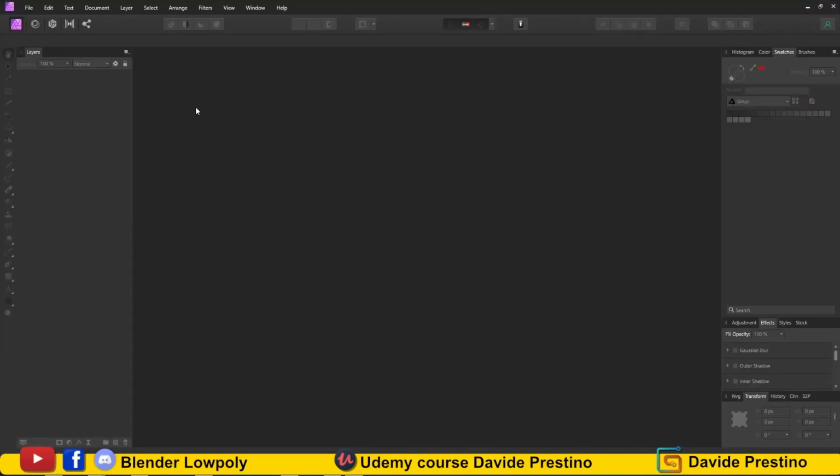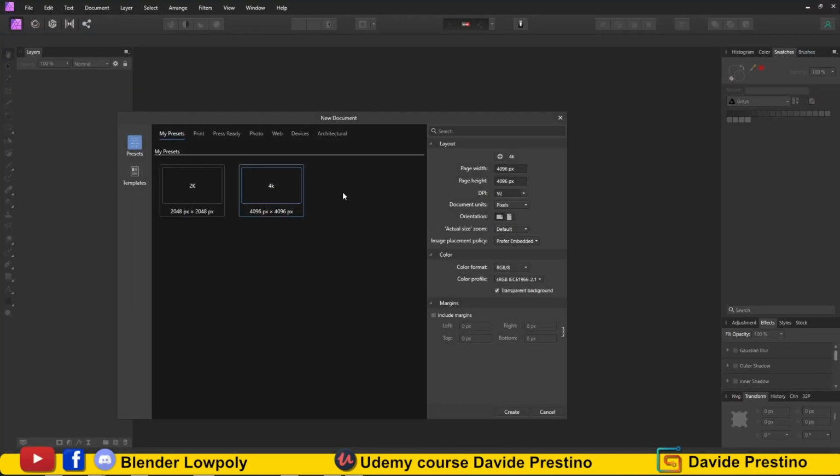Now is the time to apply stencils. With the help of a 2D program I create a 2K mask, in black and white.